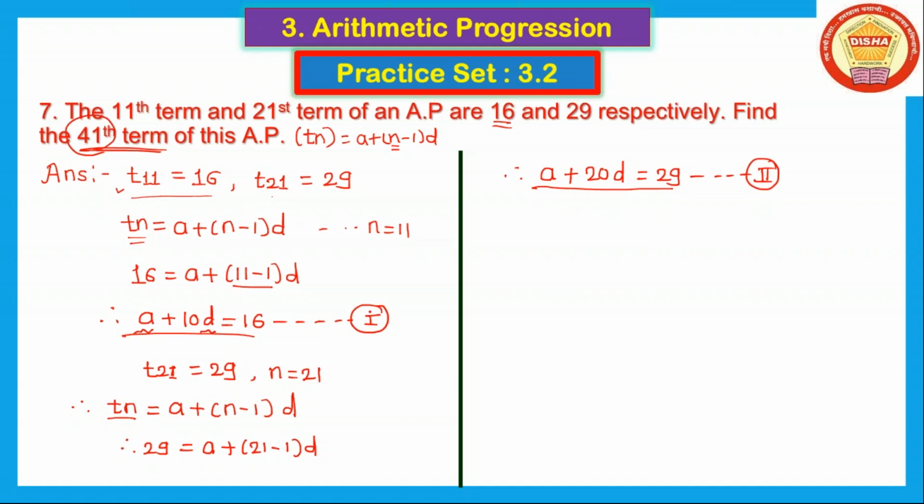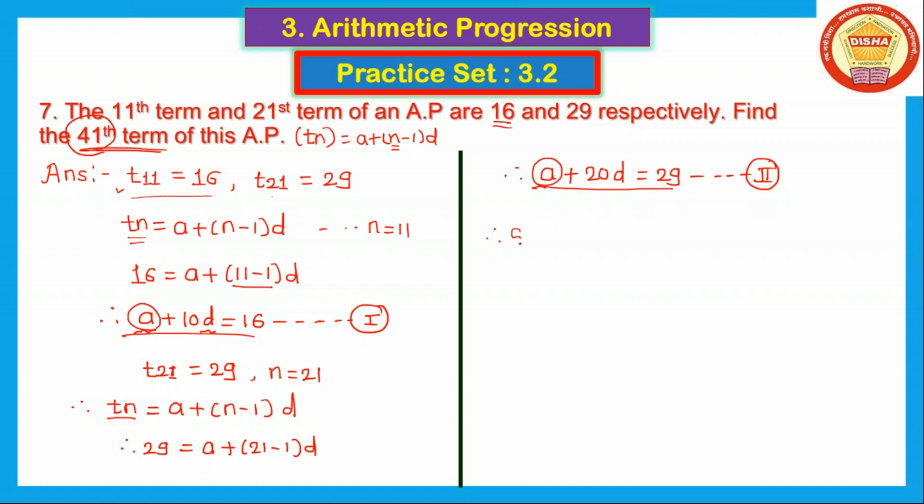We see these types of examples in lesson number 1, that is linear equation in two variables. आता इथे दोन्ही इक्वेशन्स पहा, कंपेअर करा. This a has one coefficient, again this a has one coefficient, and both a have the same sign, which means we have to eliminate this a by doing subtraction. So here see, both equations have the same sign. If the same sign is there, for elimination we take subtraction.